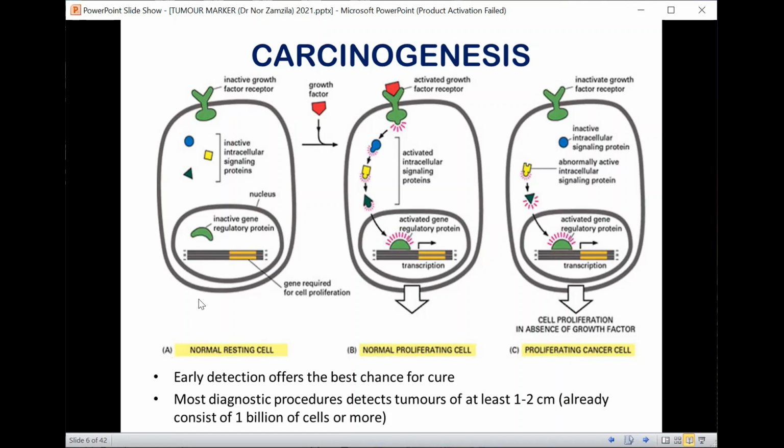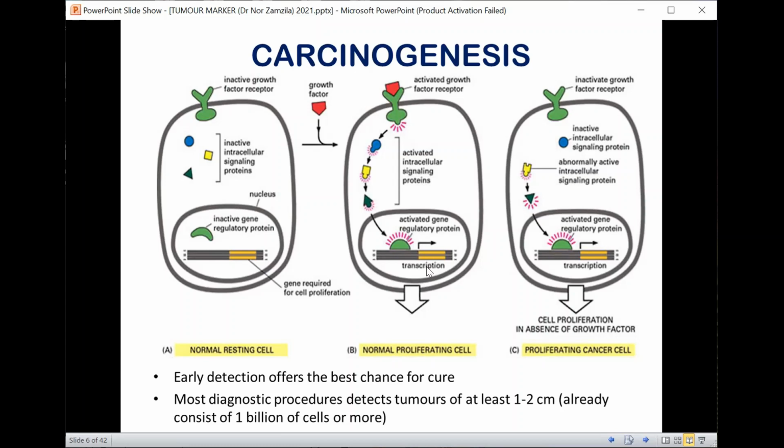So the cell is in a resting state, with no proliferation. But in a normal proliferating cell, there is activation by the growth factor. The growth factor will activate the growth factor receptor. This activated receptor will activate the intracellular signaling protein. This activated signaling protein will activate the regulatory genes. Therefore, it will cause